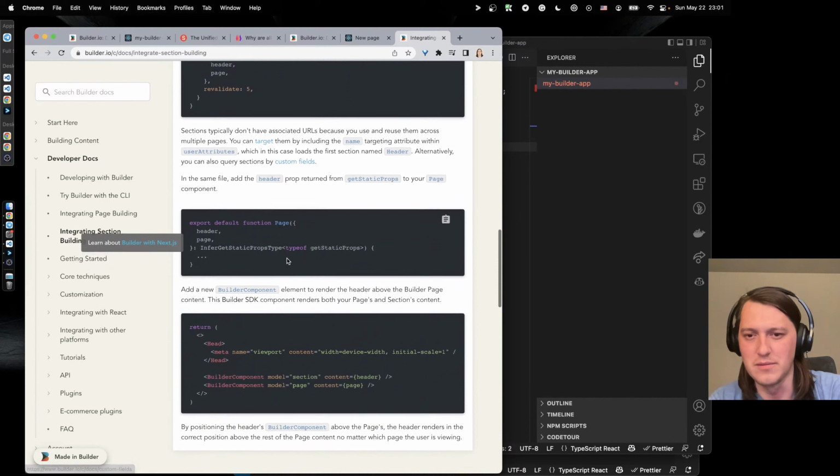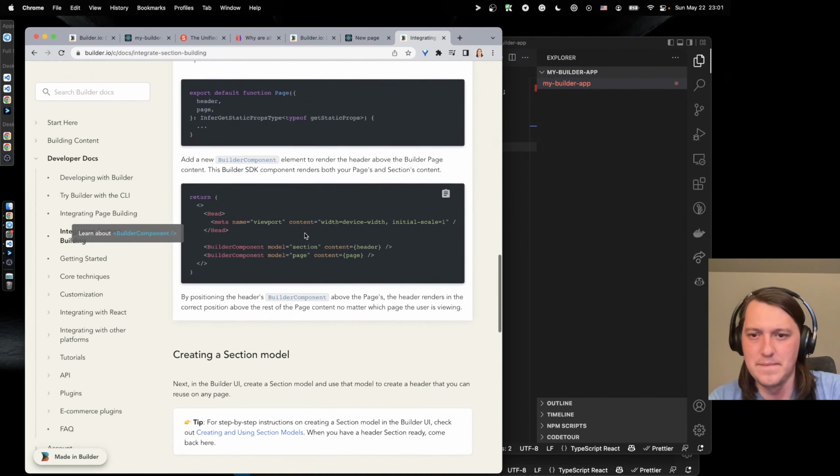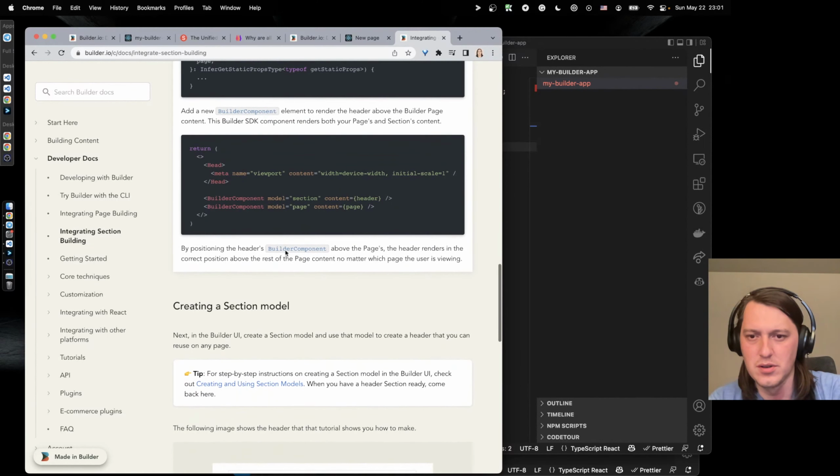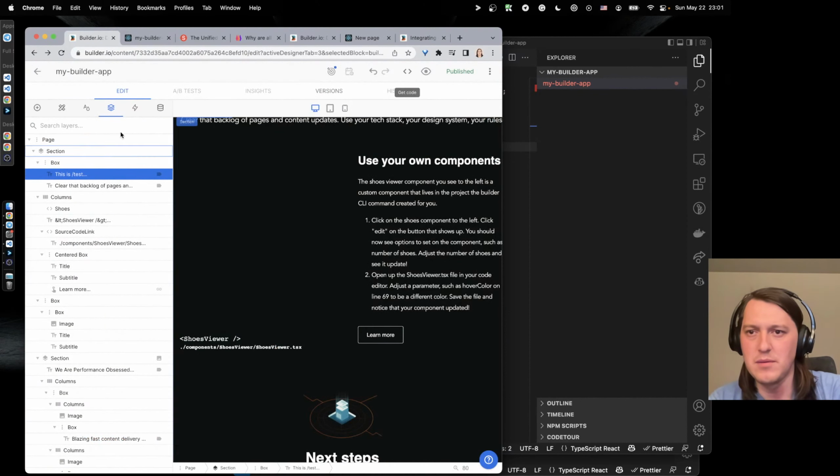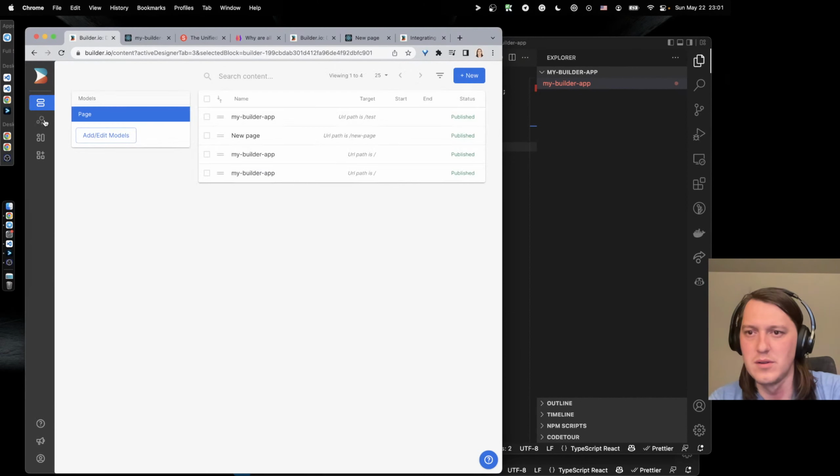Yeah, so I don't know. So section header, page header both render to create a section model. Create a usable header section model. Right, so that's probably what I want to try now.